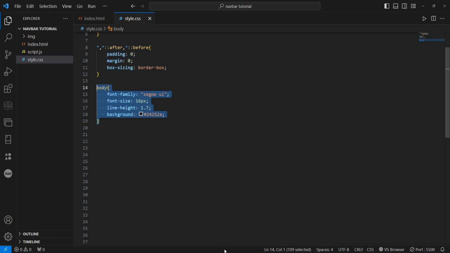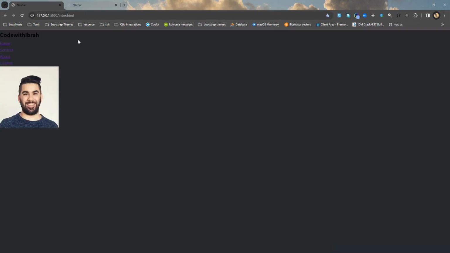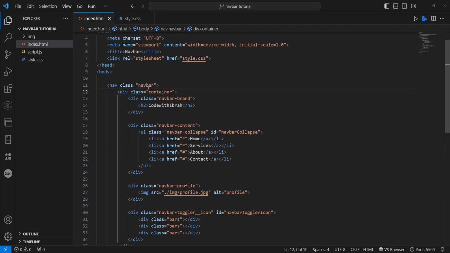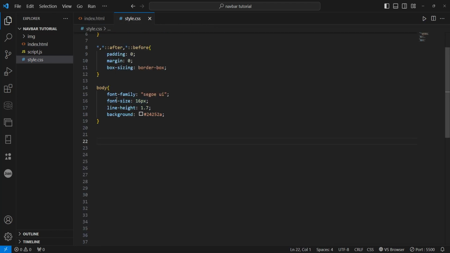So first thing first, let's now go to the browser. We have discussed how we can do everything, so now we are coming to look at how first we will start with this. Let's come back again to the code editor, and then we will target the navbar and also the container. To target the navbar, let me give a comment: navbar styling. So we call the navbar,